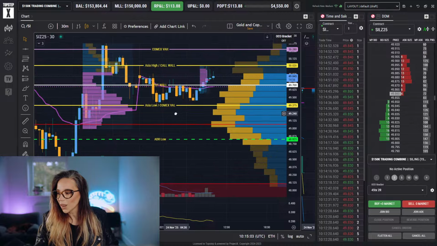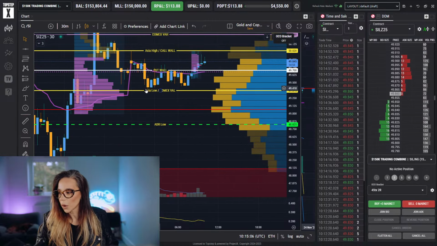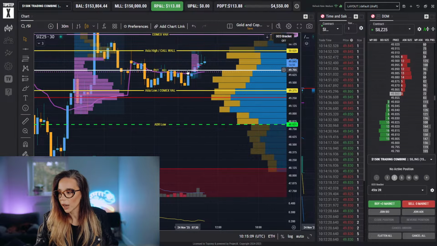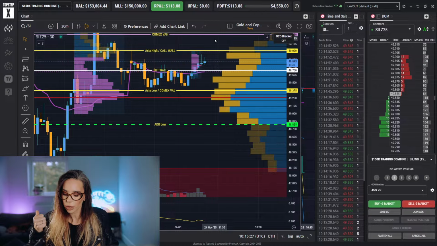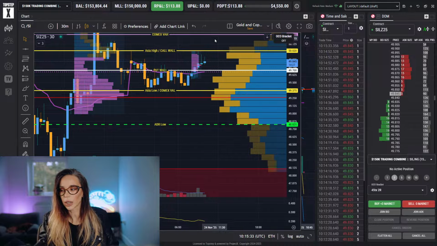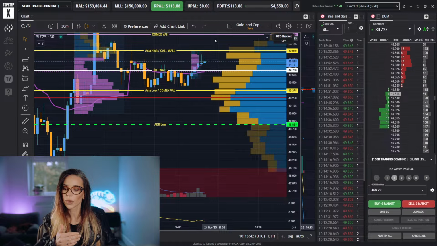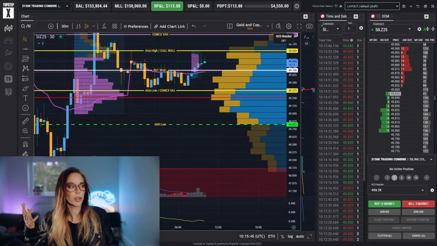And this low here, well, it's kind of an inside low as well, isn't it? But why do we care? Because Asian low created it and London is holding it. So the time means that we're moving away from that level. One of the qualities of the supply and demand zones is to have a decent move away from it and to not come back to it immediately. If they come back to it immediately, that diminishes the quality. So the longer that the price stays away from something, the more relevant a reference point it becomes.